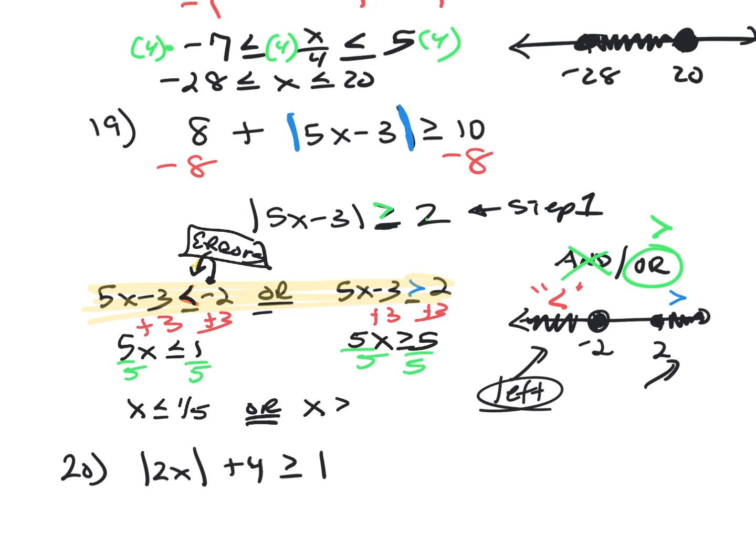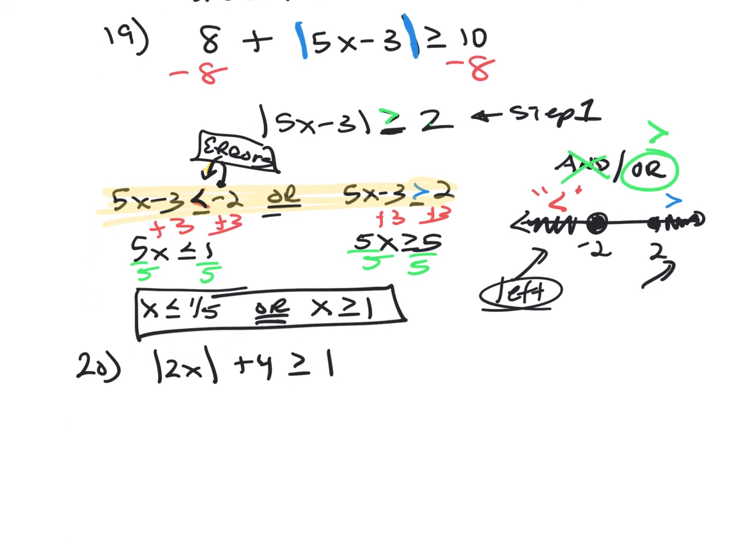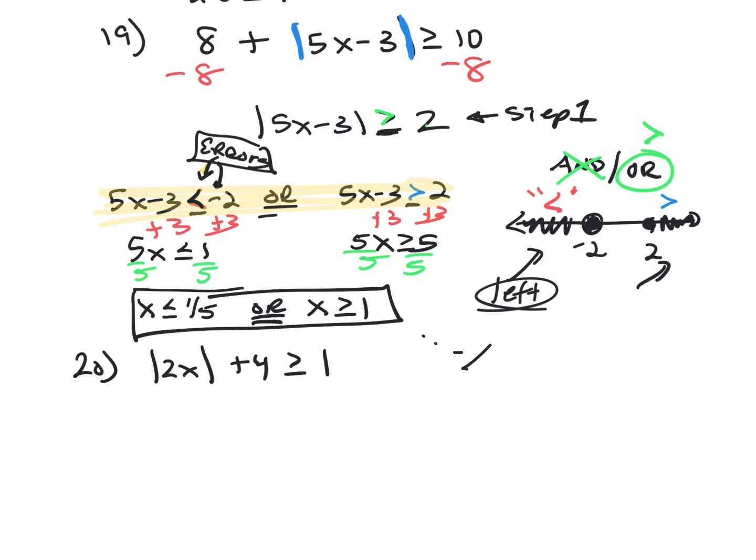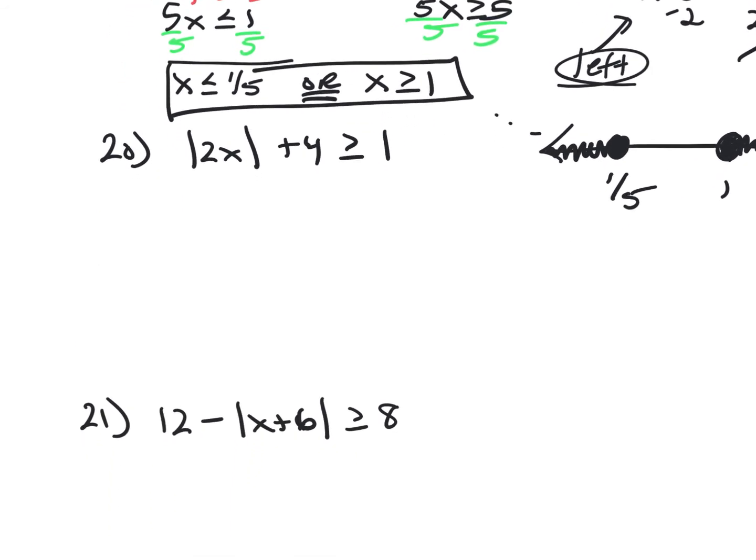And try to have your final answer all on one straight line and box it off or highlight it so it's easy for us to read where your answer is. And again, you should have a graph that goes with it. So we're talking about all the numbers that are equal to or less than 1/5. All the numbers are equal to 1 or greater than 1. So that's what your graph should look like. Make sure that you have open circles and closed circles, and that it's clearly easy to read. Number 20,